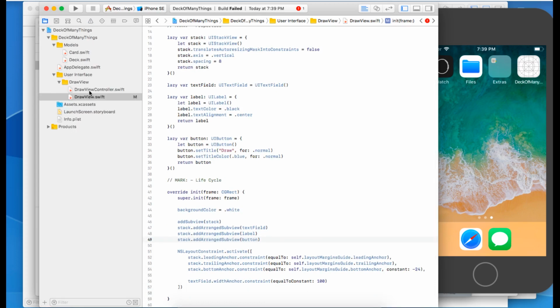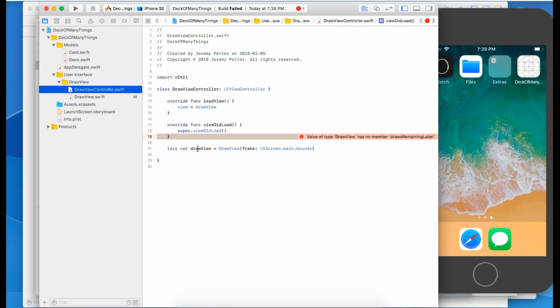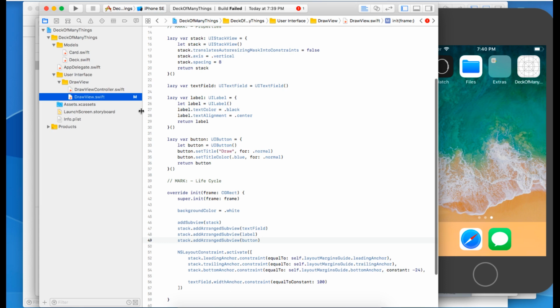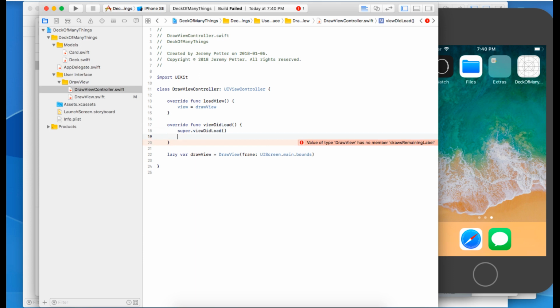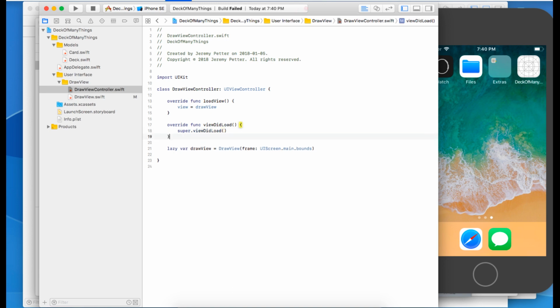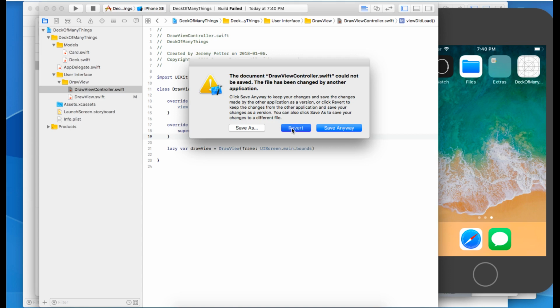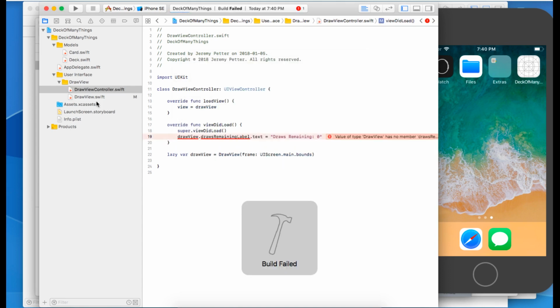And then in my draw view controller, I want to actually say, but it's not referencing draw's remaining label. Okay, I thought that was there. That's odd. I was not sure where that line went. Regardless, label